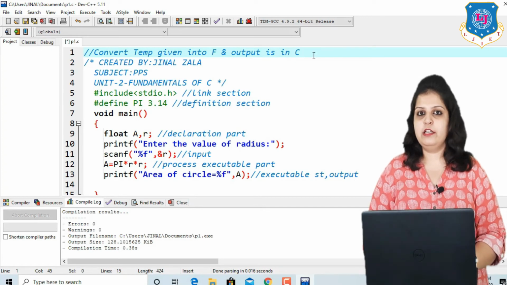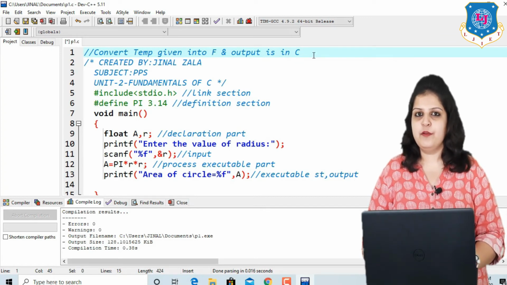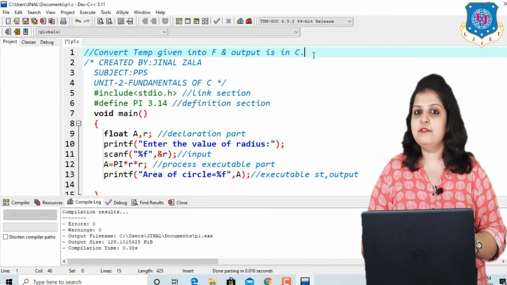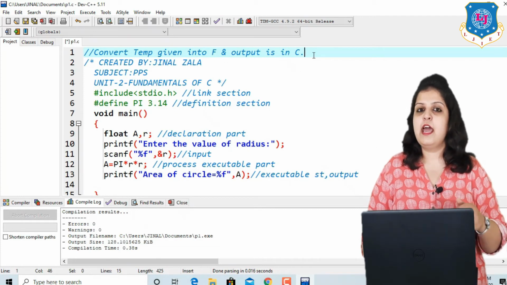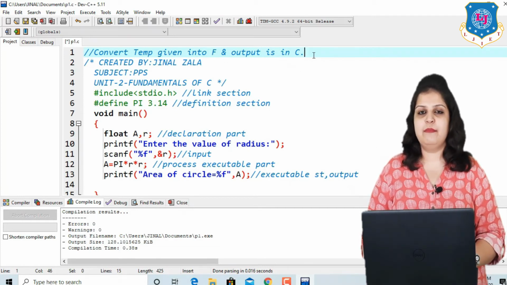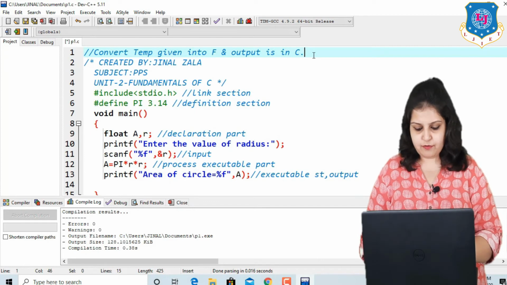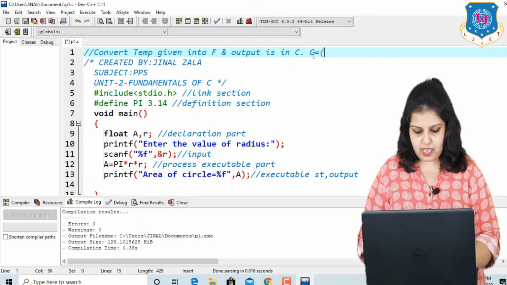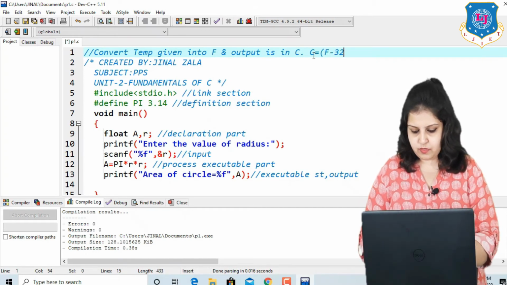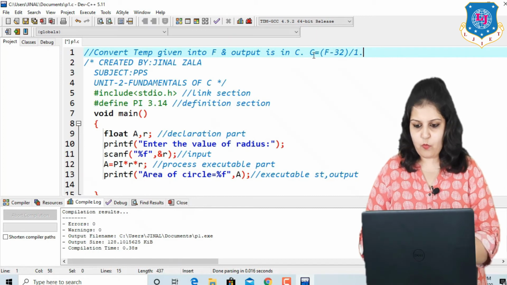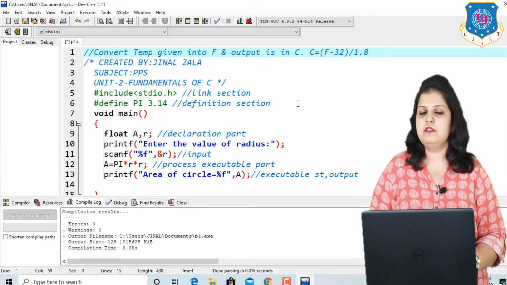For that you have to remember the formula used for converting temperature from Fahrenheit to Celsius. What is the formula? It is F minus 32 divided by 1.8. So I am writing here C is equal to F minus 32 divided by 1.8. So remember this formula.